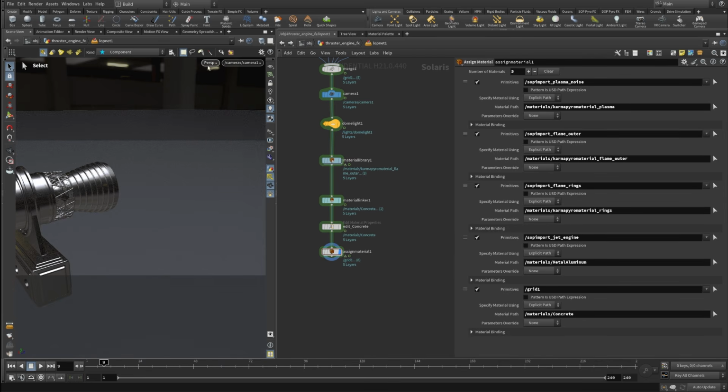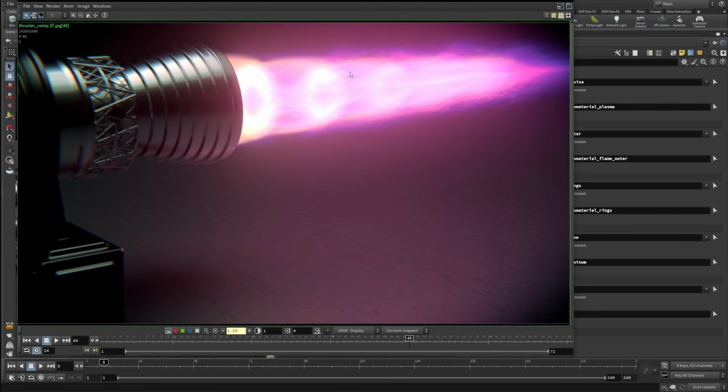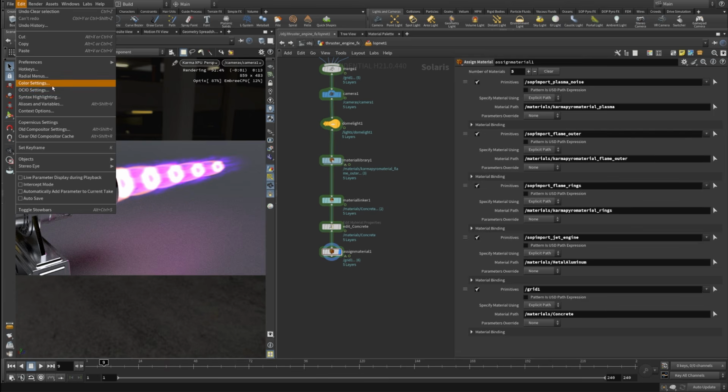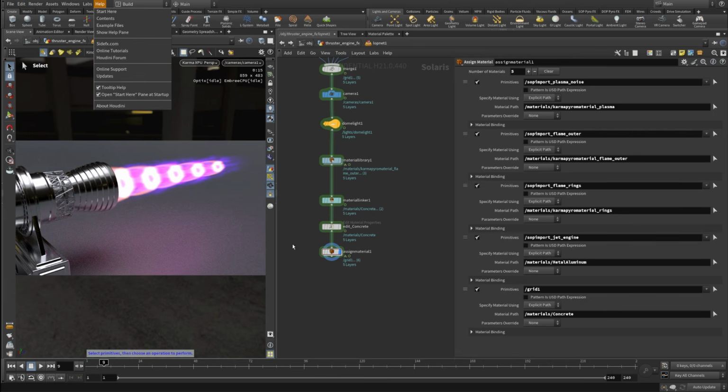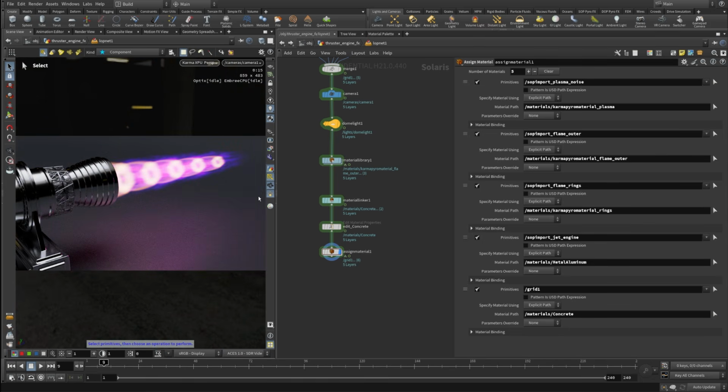All right, so let's see the final result. Now for this specific render that you can see here, I used something called tone mapping. You can enable ACES in the OCIO settings, or you can add the tone mapping later. So if we click and hold on this color correction bar, click onto color correction, you can see that there is no tone mapping. But if I set this to ACES, you can see that the colors are much more